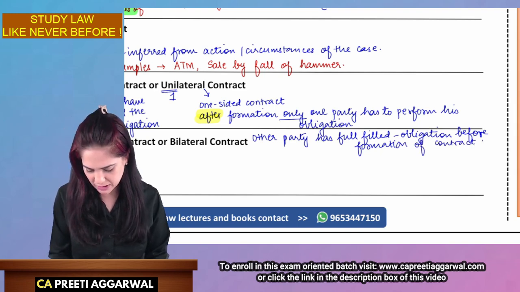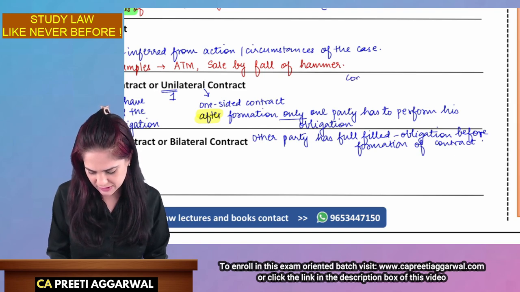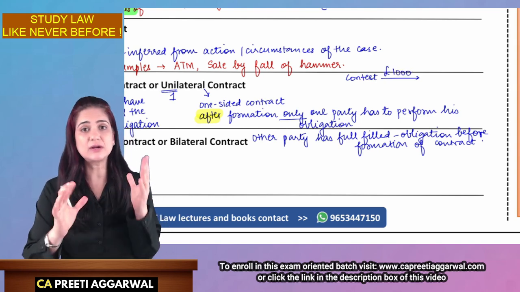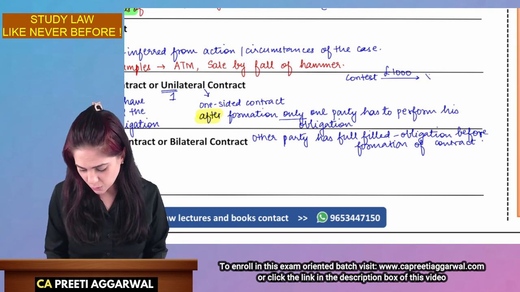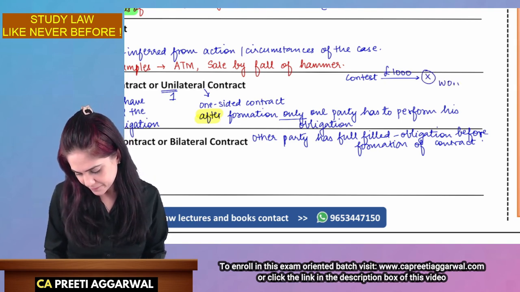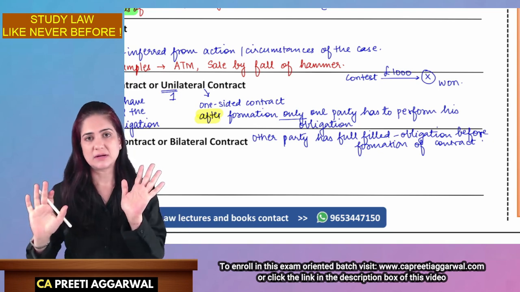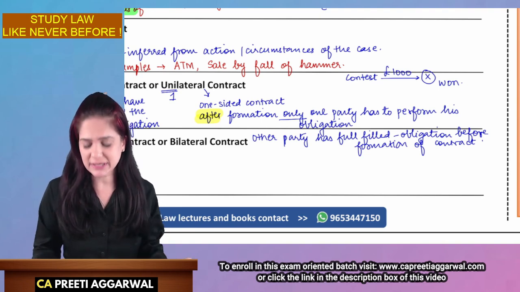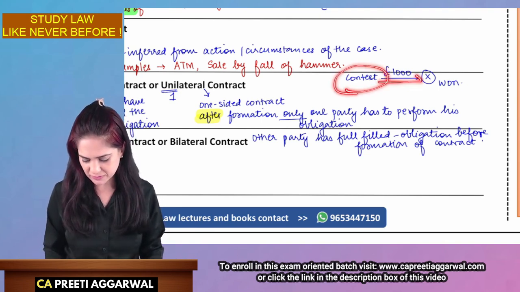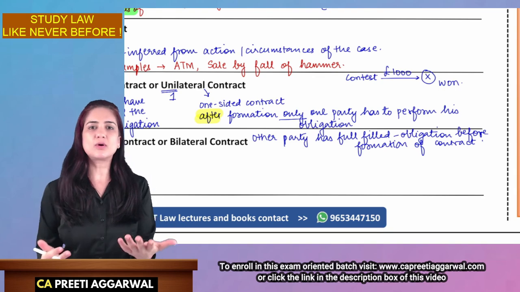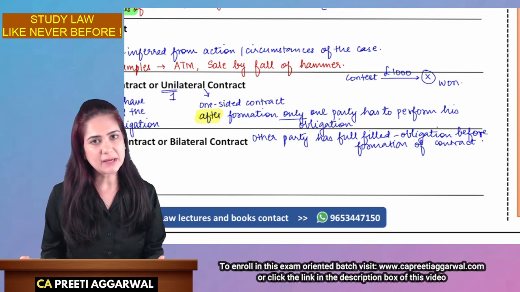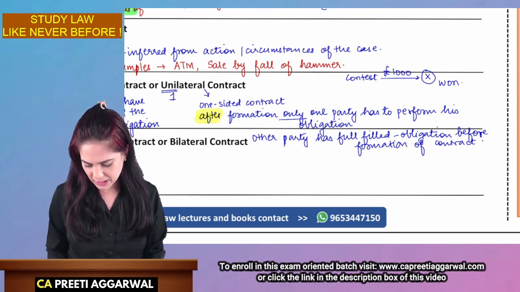Like for example, there was a contest that we will give £1,000 to the winner of a pasta eating contest. X won. Now, he ate all the pasta. He performed his obligation. Then a contract is entered where the contest promised to give him 1,000. Earlier we didn't know to whom that money is to be paid. Only when the winner is announced, we will pay him that money. So here they announced to pay him 1,000 rupees.